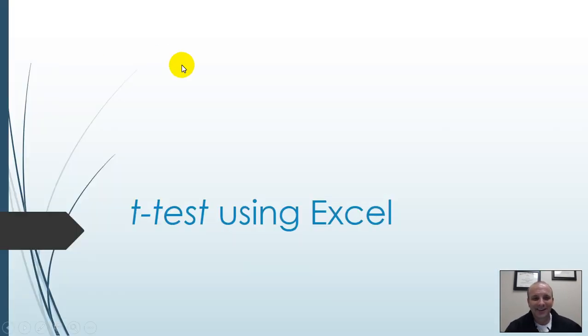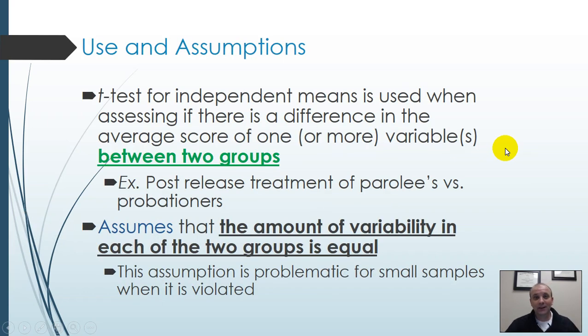Hi, everybody. Today we're going to talk just real quickly about conducting a t-test using Excel. We're going to look at doing a t-test for independent means and a t-test for dependent means as well, and kind of talk briefly about some of the assumptions and calculating the test and the procedures and steps involved within it. All right. So a t-test for independent means is used when assessing if there's a difference between the means